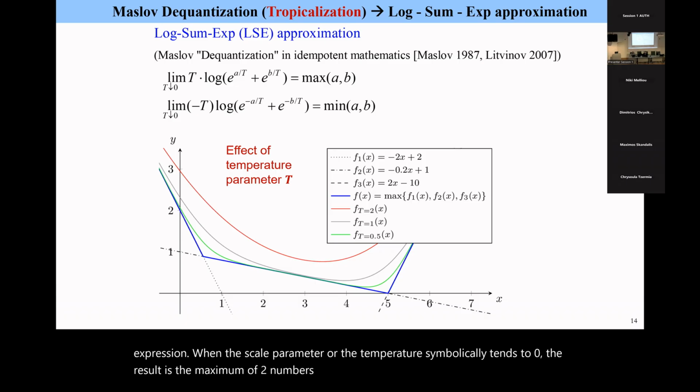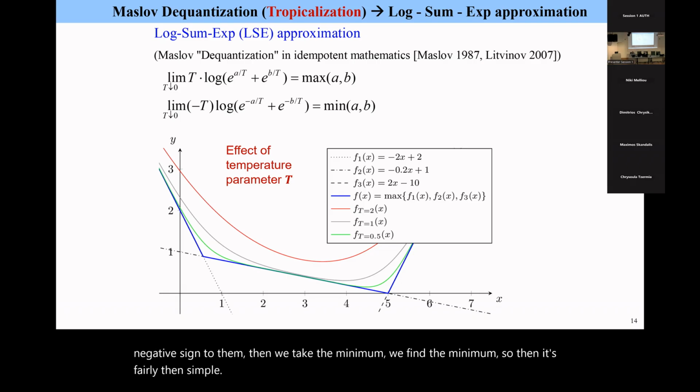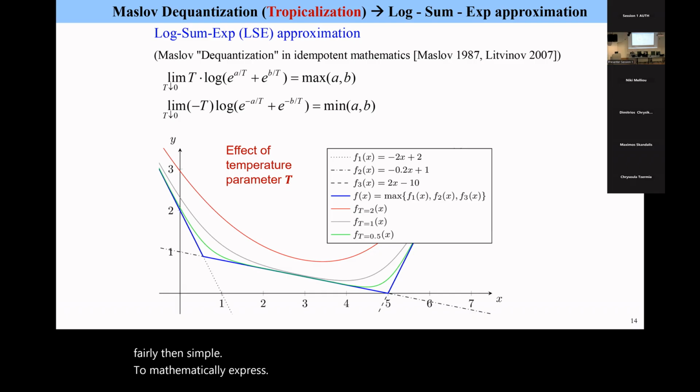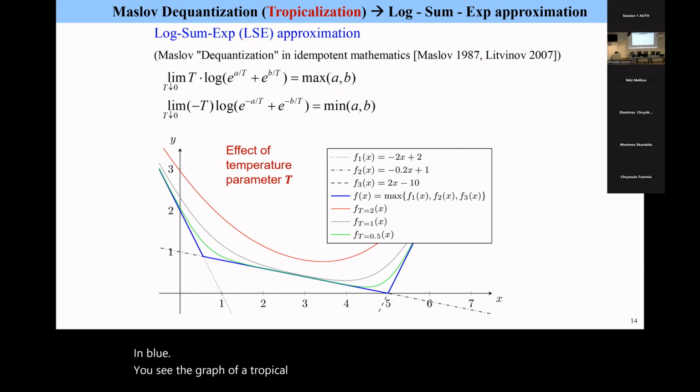If, when we exponentiate them, we add a negative sign to them, then we take the minimum. We find the minimum. So then it's fairly simple to mathematically express either the max or the min with a limit of this log-sum-exponentiation expression. And if we stop before the limit is attained, then we get an approximate version. And you see on this slide such an experiment. In blue, you see the graph of a tropical polynomial f of x, which is a maximum